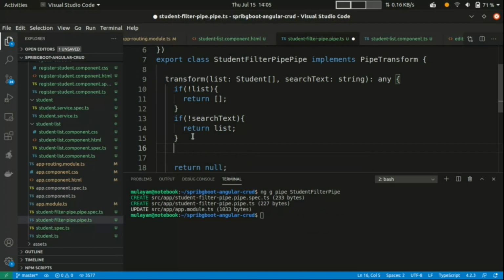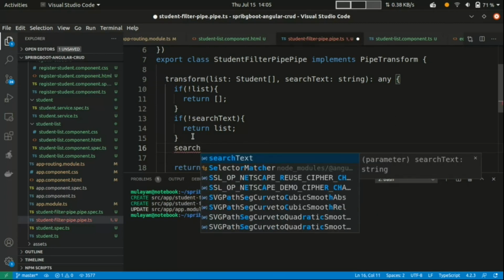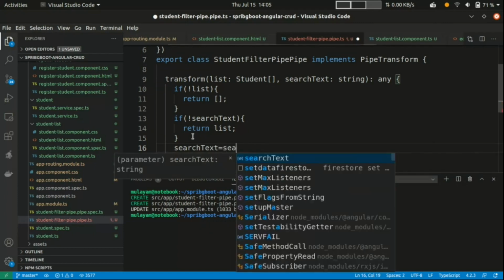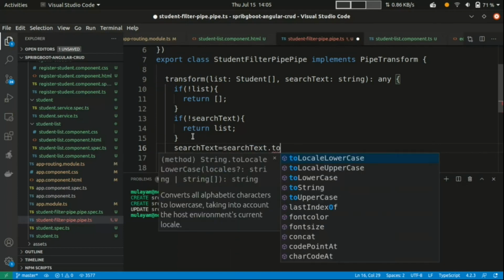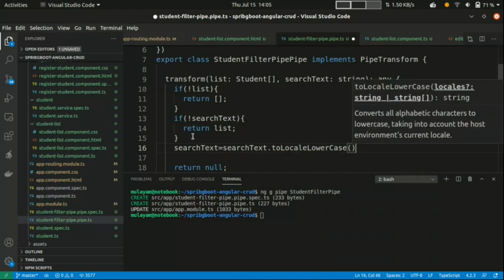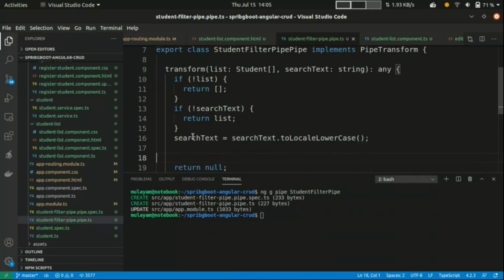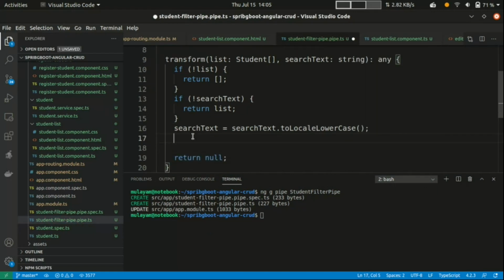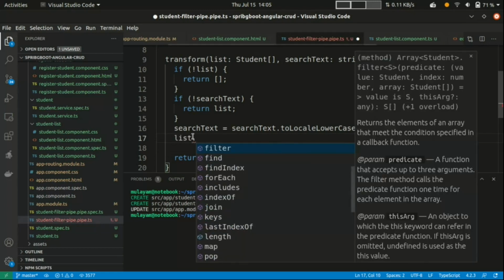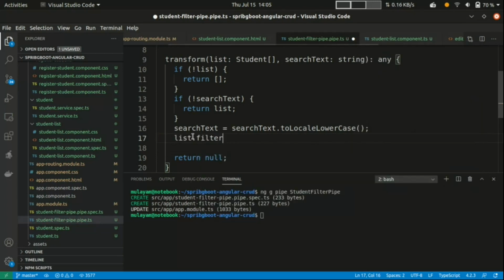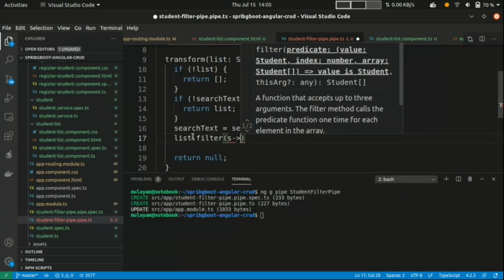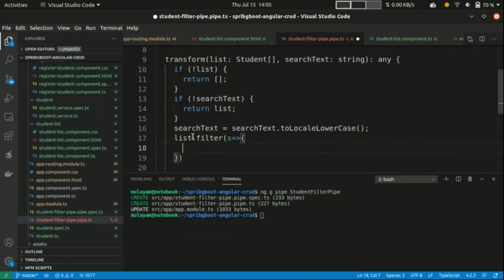If searchText is there and the list is there, meaning there is data in the list, then I want to filter. searchText equals searchText.toLowerCase(). First I want to make this lowercase because I want it to be case insensitive. Then list.filter, s, and here I want to filter.